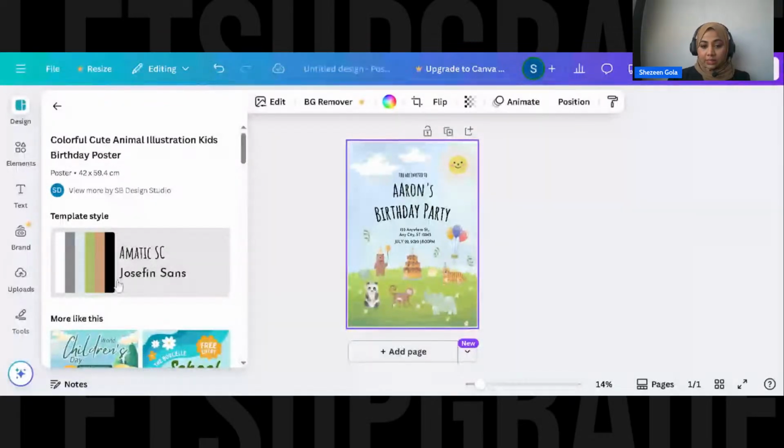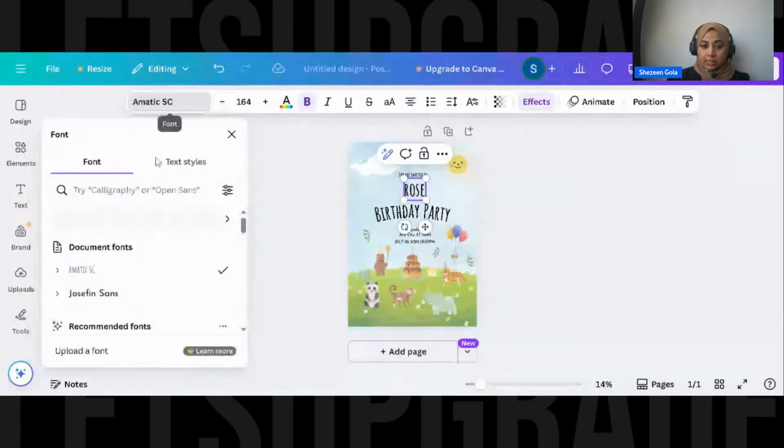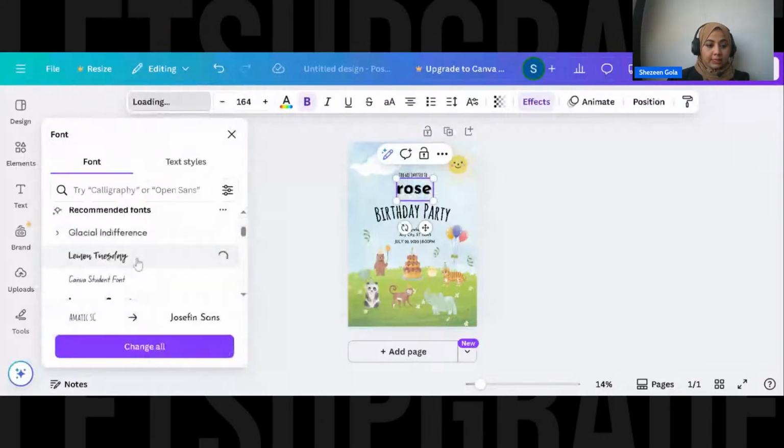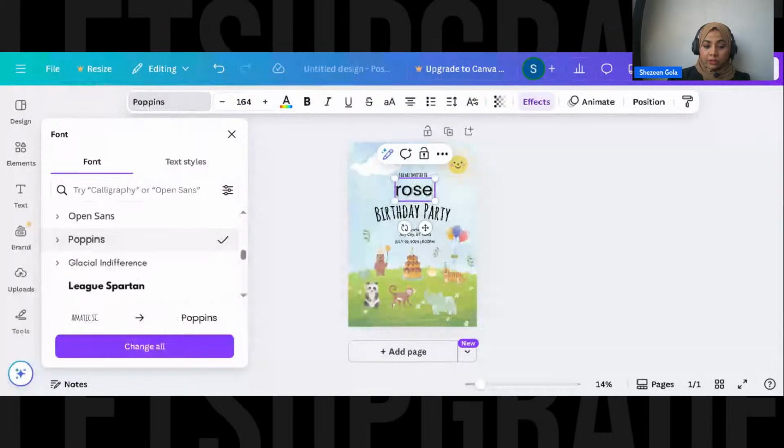By clicking on this, I can edit and change the font. I can write the rows, I can change the name, and I can change the font. There's one thing with this: when you use fonts, suppose I'm using Poppins, it will ask the old font to change all.